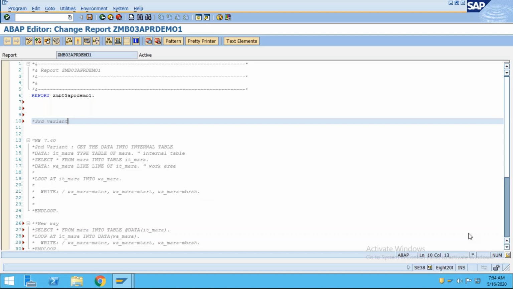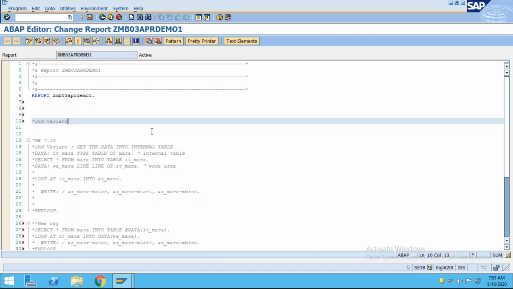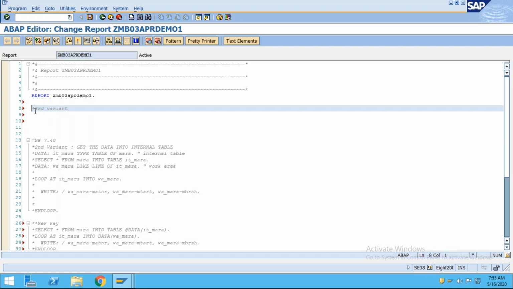For example, at runtime itself, if you want to use if and else statements, what we used to do earlier. For example, let me prepare one data, select. Earlier what we used to do, that first we used to get the